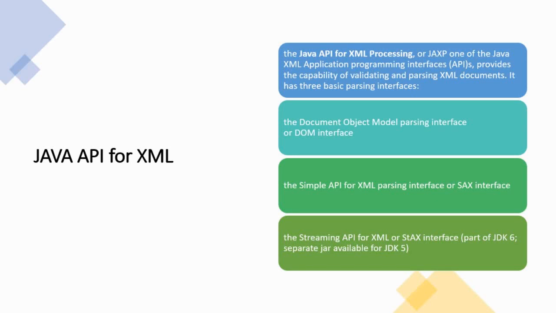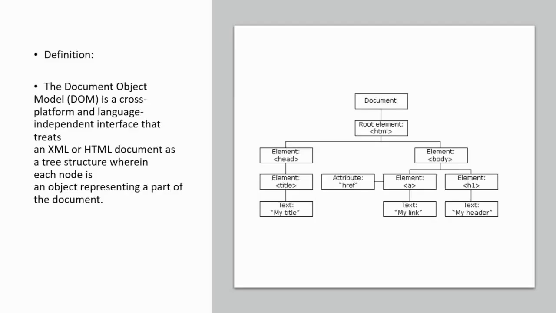So this library which Java has provided has three basic parsing interfaces. The first one is DOM, which we are going to talk about today, and the second one is the SAX interface, which is the Simple API for XML parsing. This is another API which we use in Java mapping or in PI mappings. Whenever we create a Java mapping program or UDF, we use the SAX parsing interface. I'm not going to cover this today, but in future I'm definitely going to make a video tutorial because this is also an important topic. So for today's topic, that is the DOM API or Document Object Model API,